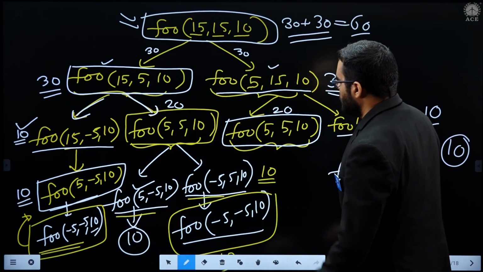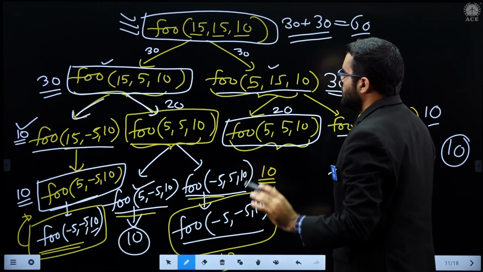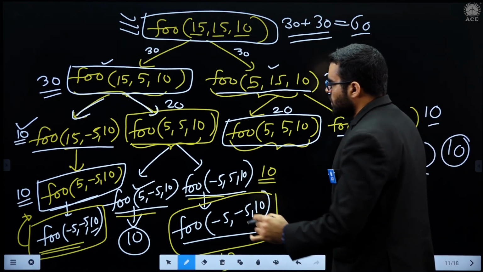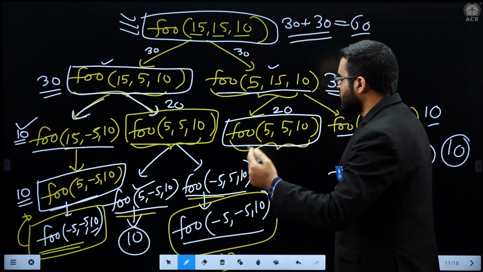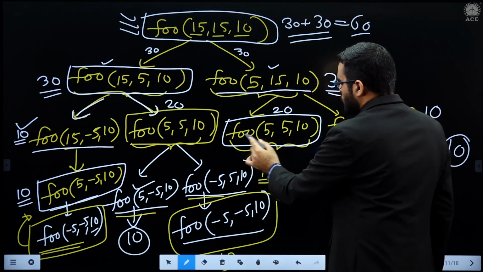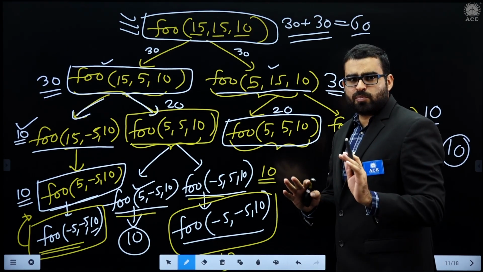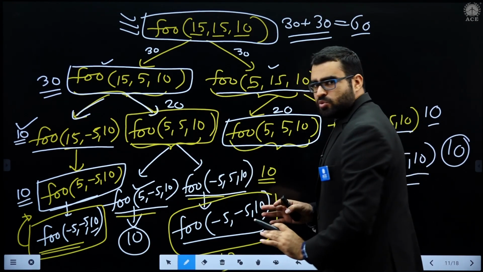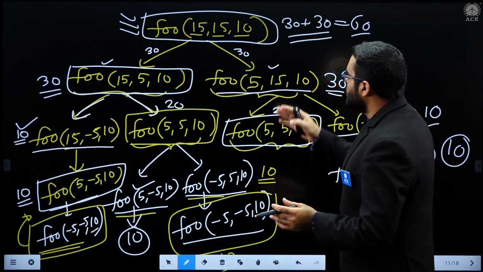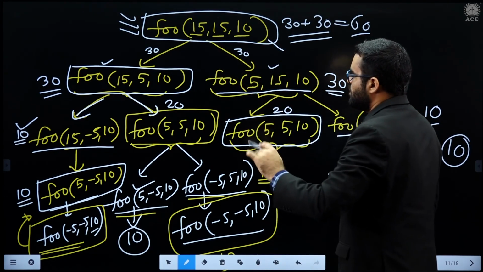At the end you can see we are returning the value 10. If we do it like this, the answer will be 60. This main function call is the function call that we made, and it will return the value 60. And remember what I did here. Some function calls are repeating, like foo(5, 5, 10). So we don't have to compute it again and again. Of course, when we execute the program, this also will be executed, but we can save some time, because we are only interested in the final output of this function call.